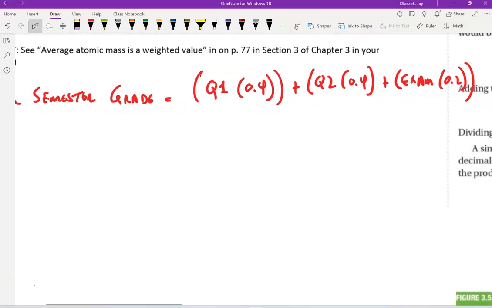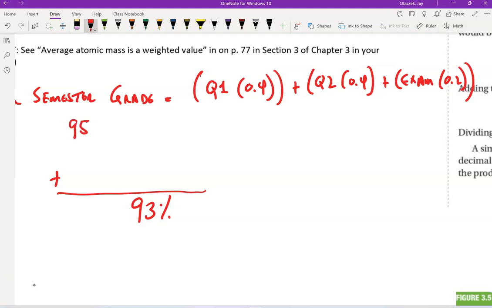let's say. So let's say that you're coming into the final exam and you want to make sure that you have a total of 93% for this semester. Let's say that in quarter 1 you had a 95%. Let's say that in quarter 2 you didn't do quite as well and you had an 89%. What we want to calculate is what you need to earn on the final exam to bring your grade to